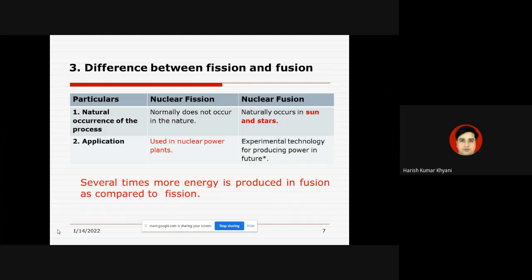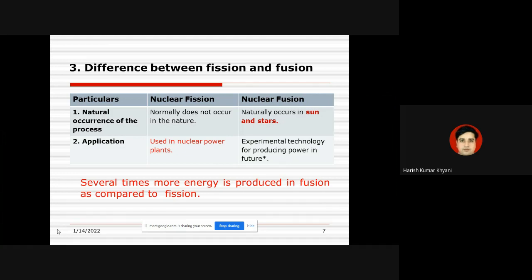The first difference is the natural occurrence of the process, whether this process occurs naturally or not. So basically, nuclear fission does not occur naturally in nature, and as far as fusion is concerned, it naturally occurs in the sun and in stars, right? As far as application is concerned, right now all over the world, all nuclear power plants which are used for power production are based on the nuclear fission reaction, right? Please take a note of that,